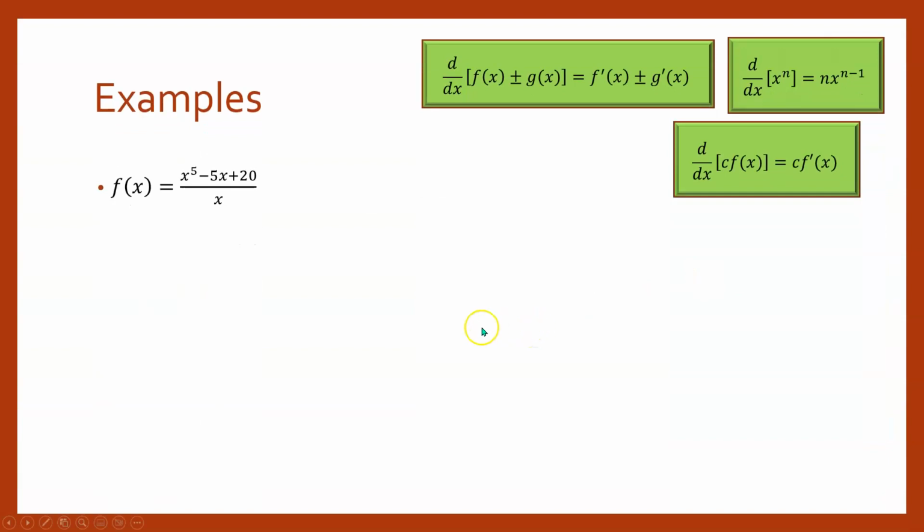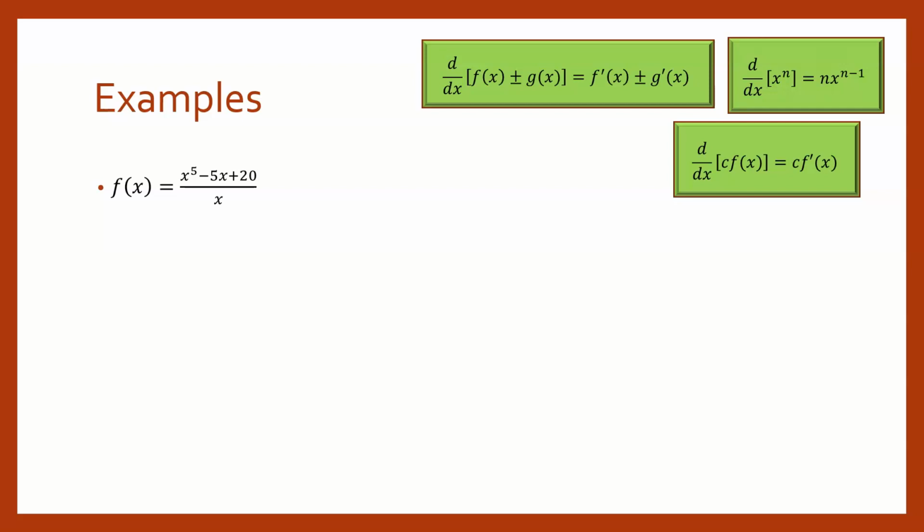Okay, one more example. What if we want to find the derivative of the function f of x equals x to the fifth minus 5x plus 20, all over x? Now, your first thought might be to take the derivative of the numerator over the derivative of the denominator. But we do not have a rule that says we can do that. In fact, there is no such rule